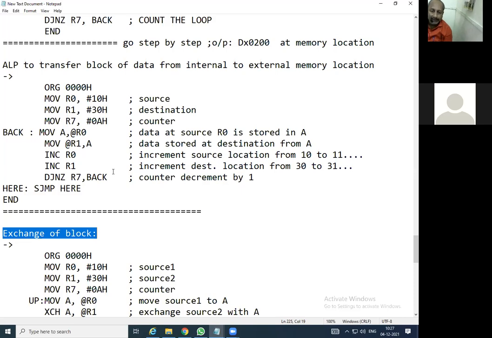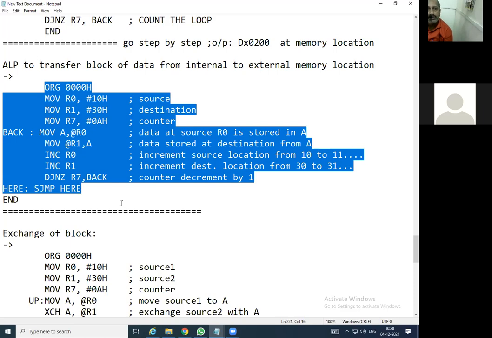To interchange them, 20 to 30 will come to the first location, and 1 to 10 will be transferred to the other location. That is exchange of block. How it happens, and the proof also, we are going to learn today in this practical. First we will see the program for the transfer of block.